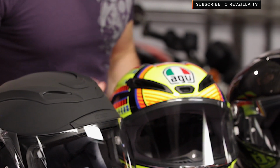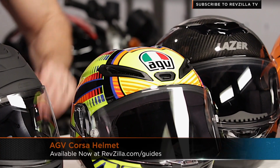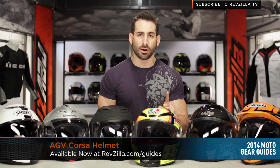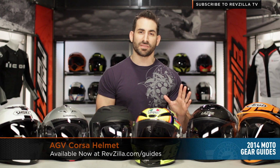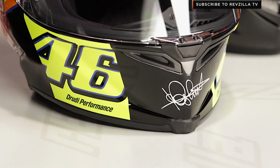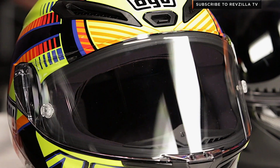Moving to its left is the extreme polar opposite. This is your AGV Corsa, which absolutely earns its place on the table for this year as our staple race helmet. Now, this is the same category as the Corsair 5 from Arai, the X12 from Shoei. You have the Schuberth SR1. This helmet is a dramatic leap forward, not just over the GP Tech, which it replaced, but really in this